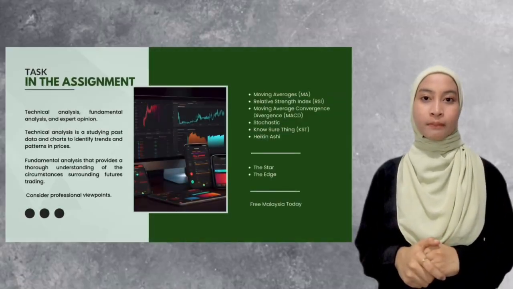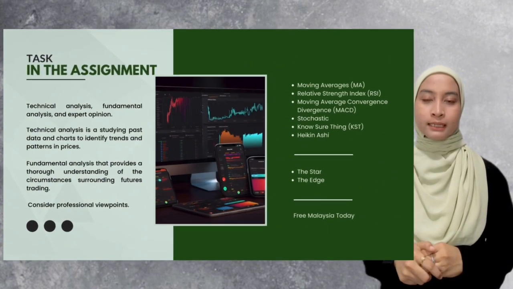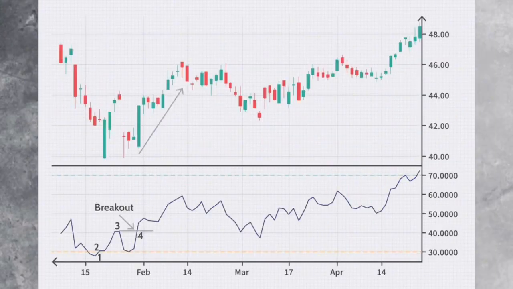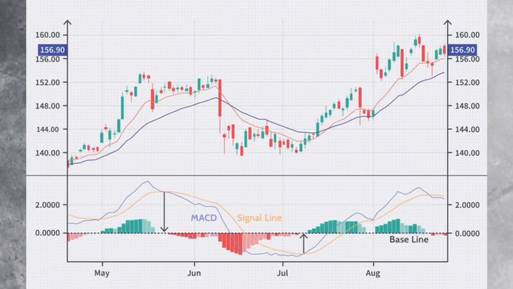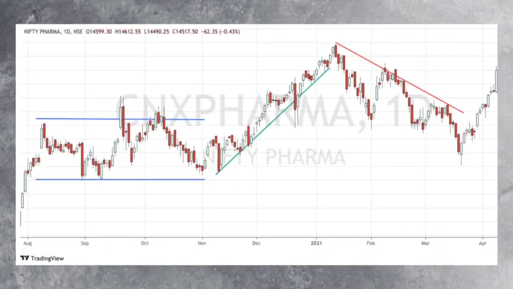People may have their own preferences in terms of the method they use to predict future price movement. In our trading, we have used various tools such as technical analysis, fundamental analysis, and expert opinion. Technical analysis is a method used in trading that involves studying past data and charts to identify trends and patterns in prices. The technical indicators that have been used are moving average, relative strength index RSI, moving average convergence divergence MACD, stochastic, KST, and Rikinorhakis, and